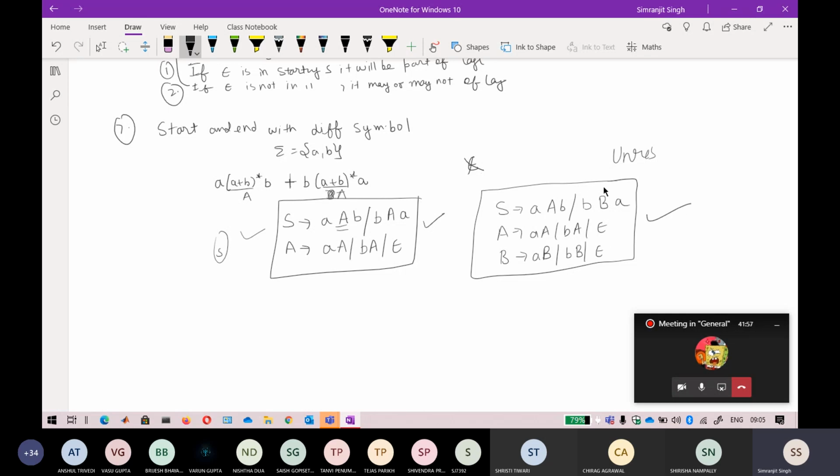If you write this grammar, I cannot say that this is wrong because it is defining the same thing. Because for this one, a plus b star is defined, and for this one a plus b star is again defined here. So both of them are correct. I cannot deduct your marks that you have written a longer grammar, because there is no compulsion in the case of grammars that your grammar should be small or big. It is just the compulsion that it should define all the strings that are defined in the language. These production rules define the strings that will be a part of the language. Okay, so keep that in mind.